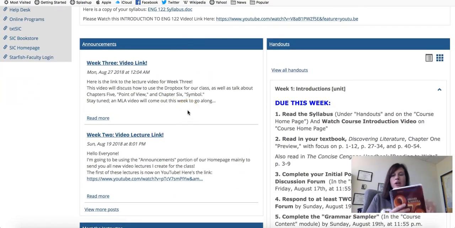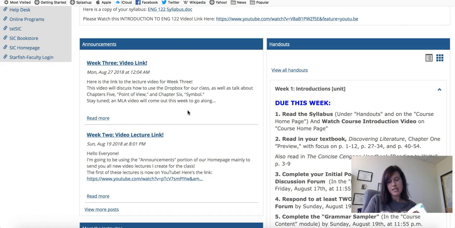As far as our Cengage handbook goes, I hope you guys have been at least skimming through and looking over these first couple of weeks when we look at the Cengage handbook. A lot of this text you've probably remembered or read in English 121. So I've not focused too much on it because I know that there probably is just a review for you, which is fine. I do encourage you to look through this textbook because some things may be written differently than what we're used to.